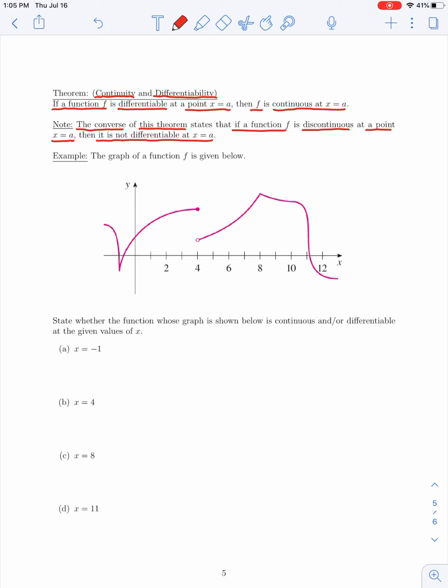So in this example, we are again given the graph of some function, and we're told to state whether the function shown here is continuous and or differentiable at the given values of x. So here in part A, we were given x equals -1. So shown here, x equals -1. And we see that our graph appears to have a corner at this point. So it is not going to be differentiable since it does have that corner. However, looking at the graph, it does appear to be continuous at that point. So we would say that this function is continuous, but not differentiable